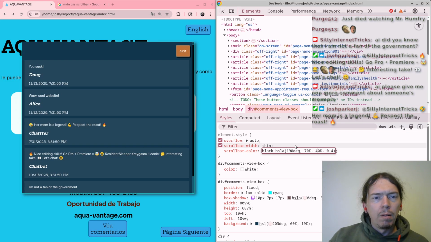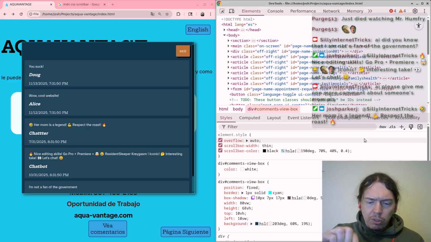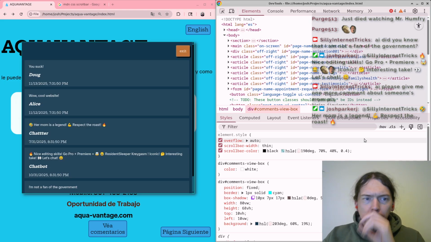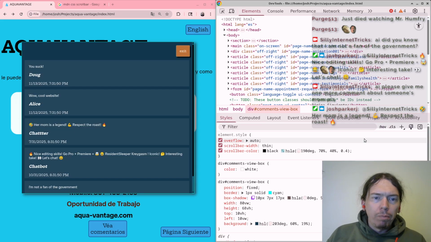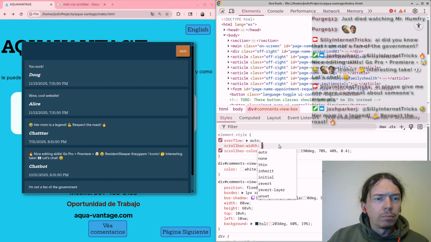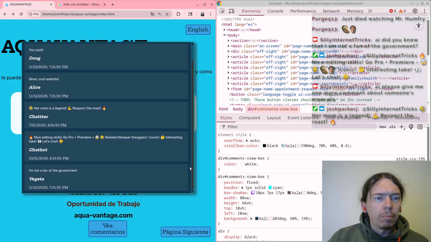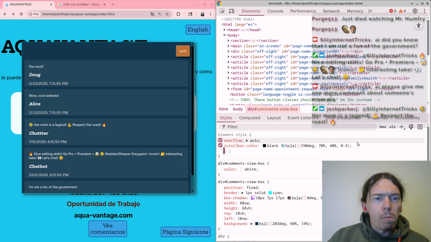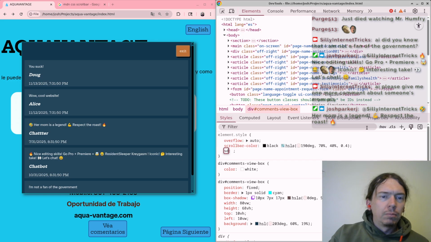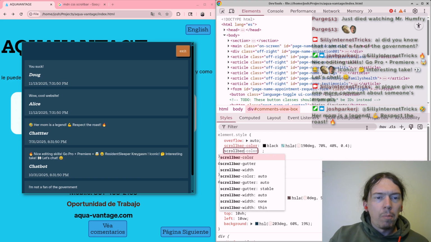Okay. Let's see what else we can do with scroll bars. I don't know if I need it to be thin. I think I'm okay with it being regular. What about the gutter?